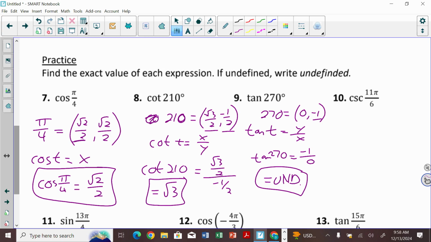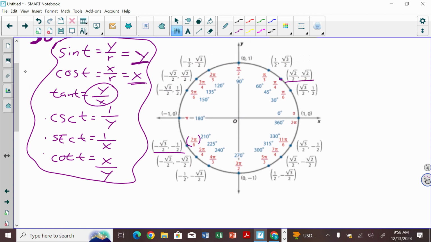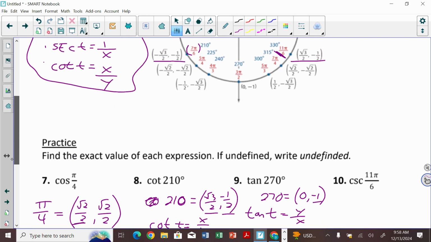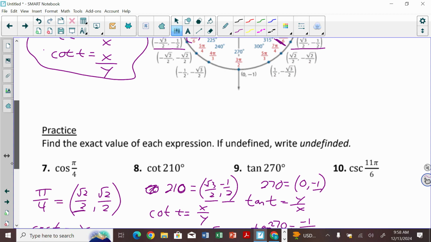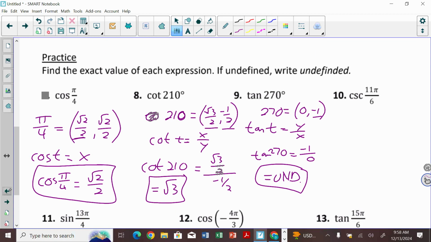All right, let's keep rolling. So 11 pi over 6. This gets a little bit tricky because we have to find where 11 pi over 6 is. Well, it's on the sheet. It's already there. Good. We're right here, so we're using this point. Sometimes you have to do a little work. I think the last two we had to do a little work to make an equivalent number on the unit circle. So we have that value is equal to